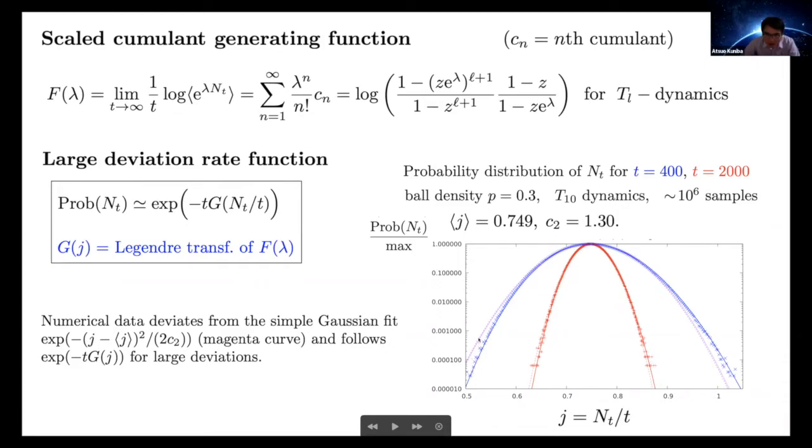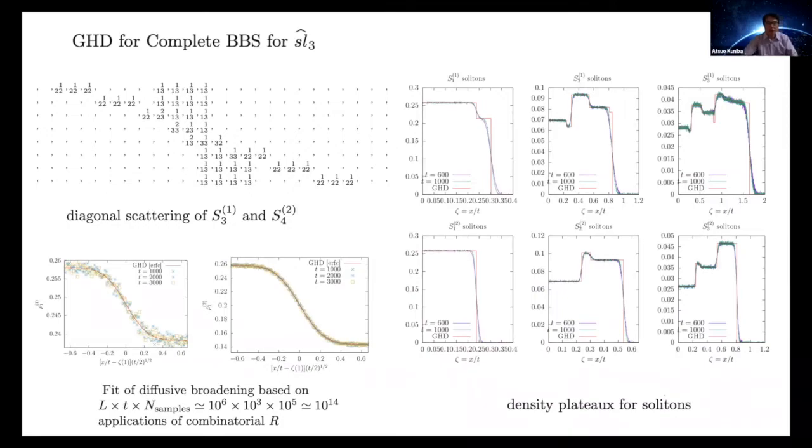On this plot, can you see my cursor? The magenta curve is just a naive Gaussian fit using this cumulant and average value. See? This is just a Gaussian plot. But the actual result of the simulation deviates from it, and it follows this large deviation function G(lambda). So the accuracy of this description is demonstrated in this plot. That's a result. I think I'm almost done, but let me finish with just a few comments about complete